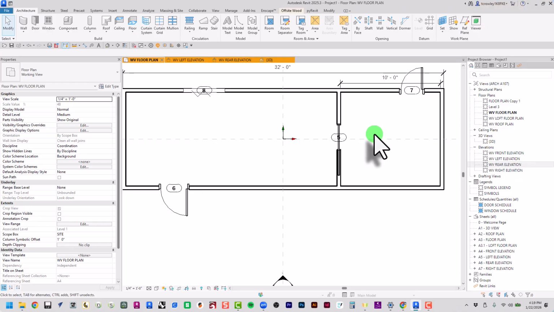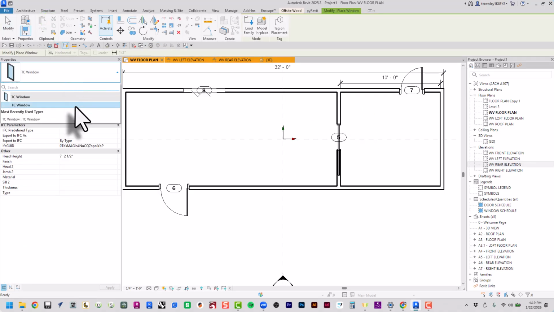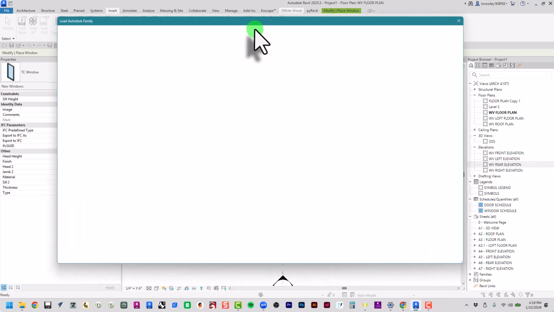Now let's add, let's see, 1, 2, 3. That's all 4 doors on the first floor. And then we want to do our windows next. So let's go window. There's only one window family in here, but again, you can go to Insert, Load Autodesk